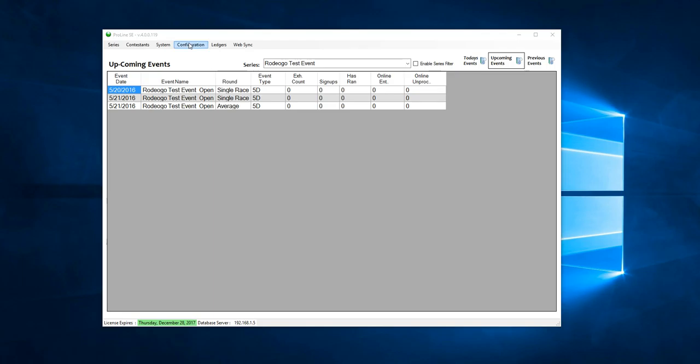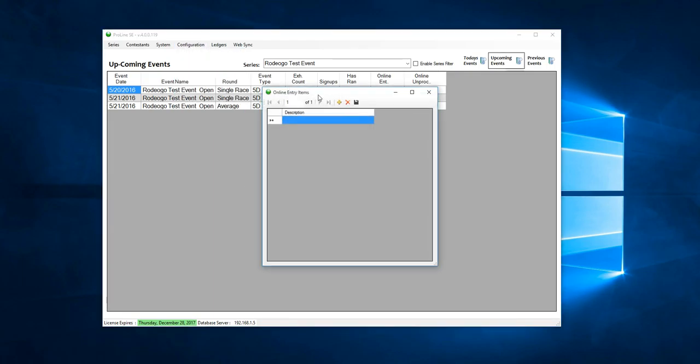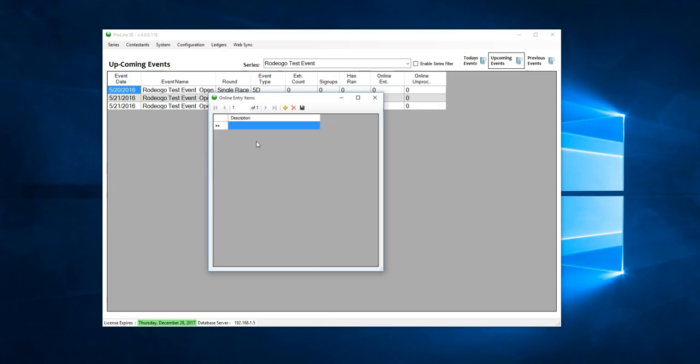The first thing you want to do is you want to go in and set up your online items. Items are basically what we're going to sell. For example, one thing that we will be selling will be an entry fee. Then we will also be selling exhibitions. And usually when we say if we were going to run exhibitions, in this demonstration we'll run exhibitions from 9 a.m. to 11 a.m. So here we would do